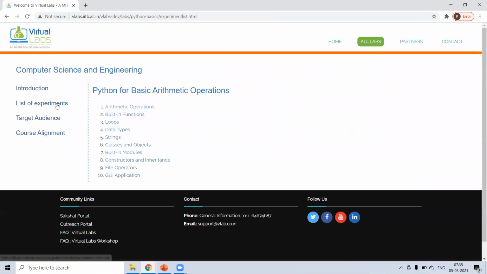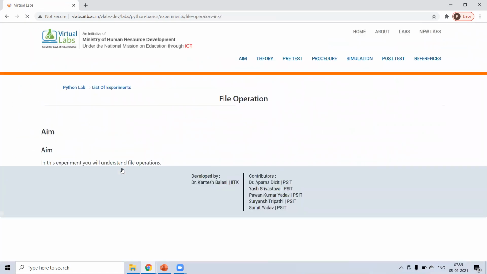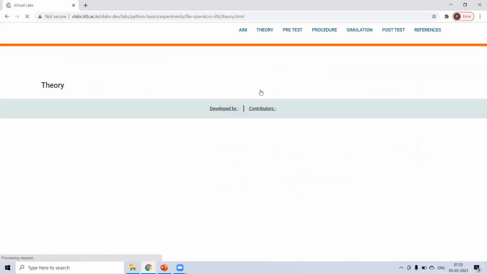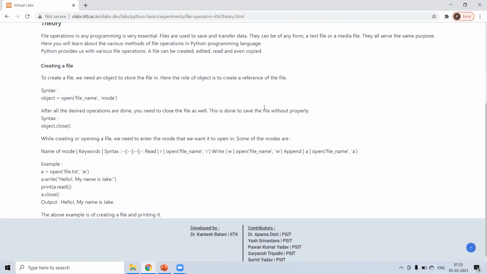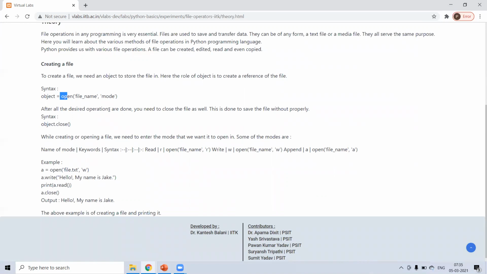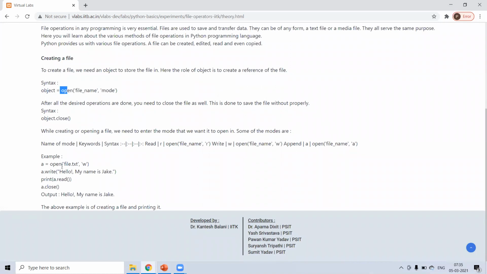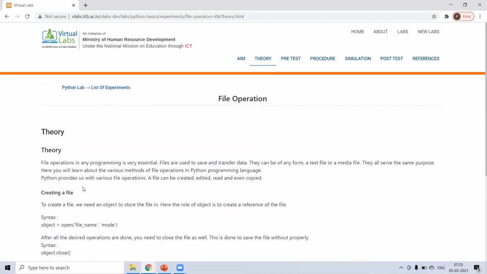Okay. Now next is file operations. File operations means you want to open the file, read the file, write the file. Okay, if you want to open, then you have to use open, file name, and mode. Or you want to read or you want to write after opening the file. Okay, so for example, you are opening the file .txt and comma w means you want to write something. So just write what you want to write: hello, my name is Jay. If you want to read, use the dot read command, and after opening the file, you have to close the file. Okay, so this is the file operation.